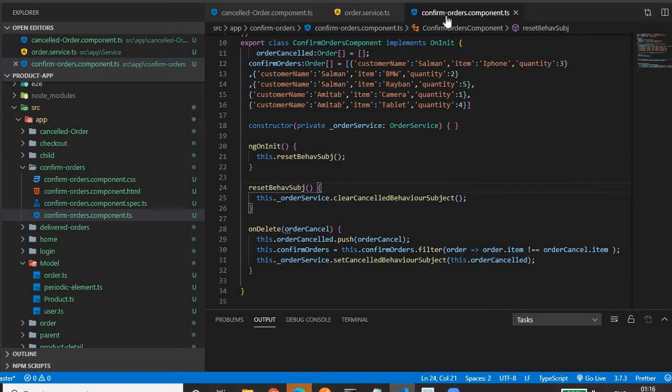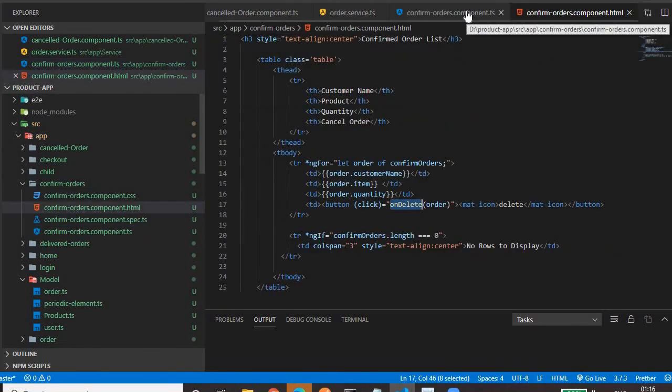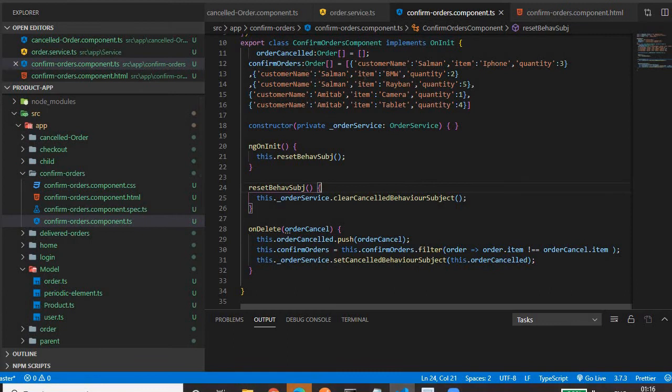In the confirm order.ts file, let me show you. I have declared one array which is of type order array, in which we have a couple of objects, a couple of orders, with customer name, item and quantity.